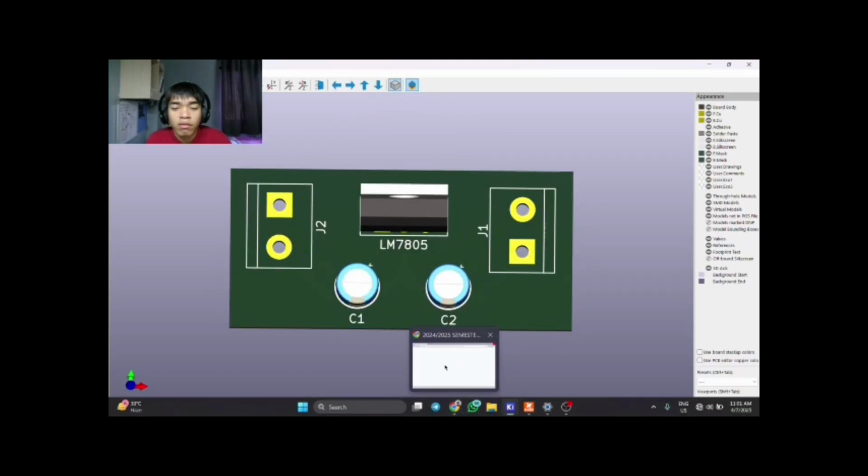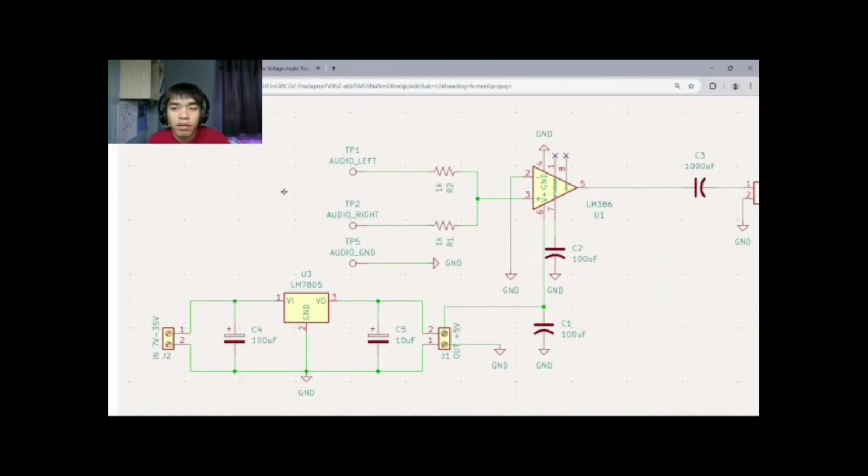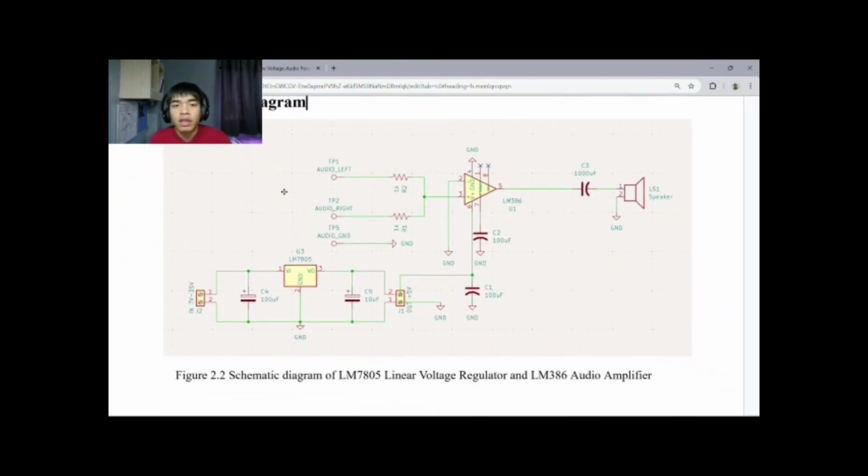And now I will talk about how we integrate the LM7805 into our circuit. In our mini project, we are building an audio amplifier using the LM386 IC, and we will be using the LM7805 voltage regulator as the main power supply for the IC. With that, we can minimize the disturbance and also provide a very stable voltage, as this is very crucial for the audio amplifier to work without any disturbance that might affect the quality of the